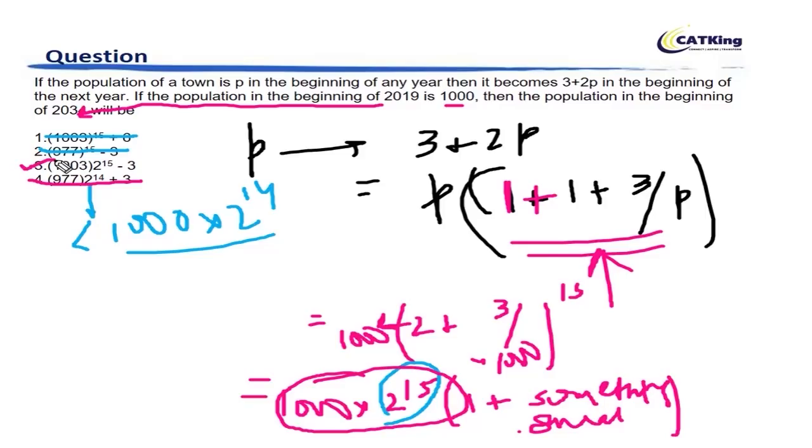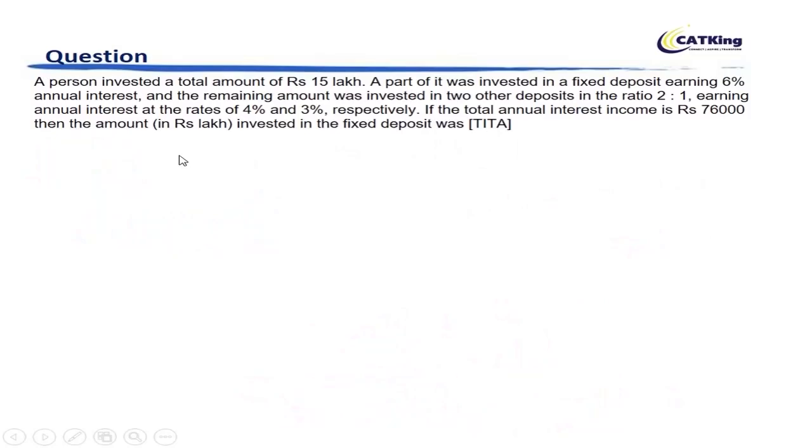So in questions like this, guys, you don't actually have to solve it completely. You can get to the solution faster just by doing a little approximation. By doing a little approximation, we can certainly get closest to the answer. I hope this is clear to you. Let's move on and see the next one.